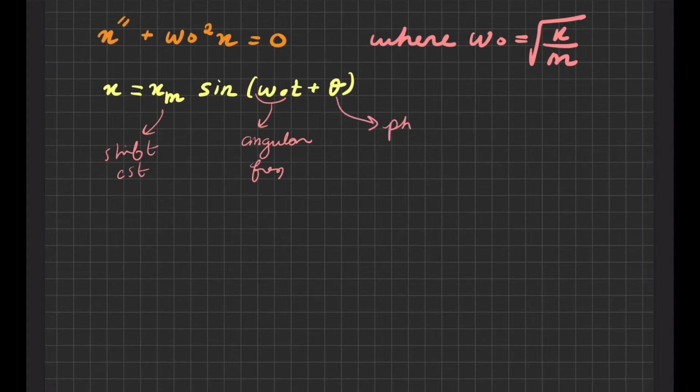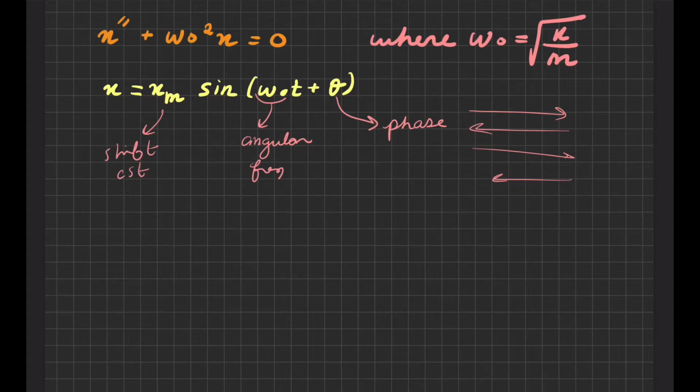Theta here is the phase. We call it the phase of the wave. And why are we talking about sine? Because it's a harmonic motion. Actually, the motion of the spring back and forth